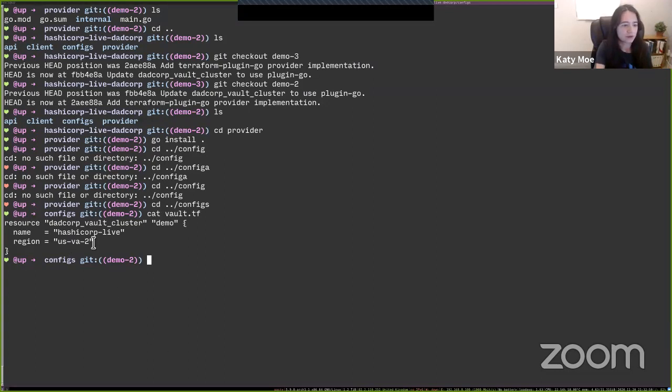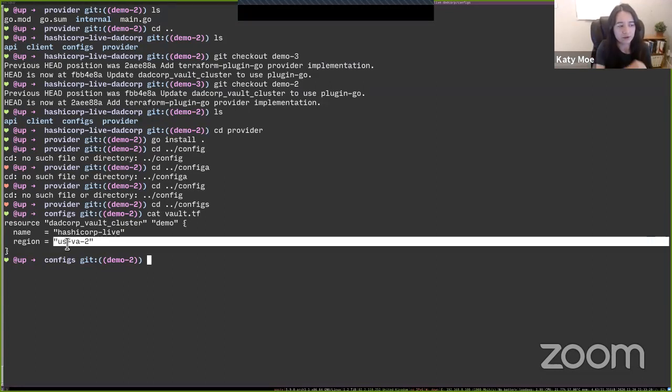These regions are basically offered by the DadCorp service. Now the DadCorp service, as a thriving business, is always expanding the number of regions it covers. But currently, in order to validate this region before you apply your Terraform config, we're going to have to hard code the valid regions into our provider.